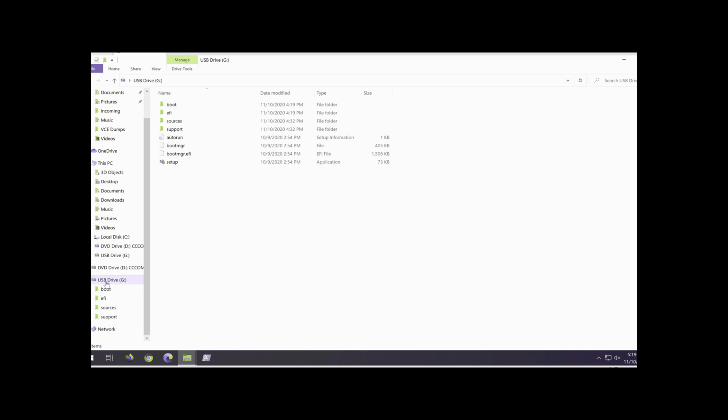Now, it's so different for the many computer models we have as to which button on the keyboard to press to boot from a USB drive. Check online on Google, type your computer model and say how to boot from a USB drive. It will tell you. Some models tell you to press F2, some press F12, F10 or F9 or any other buttons. Just read the instruction on how to boot from the USB drive and then you are